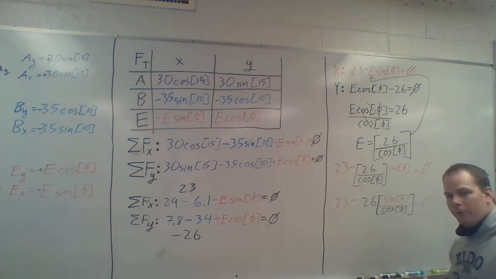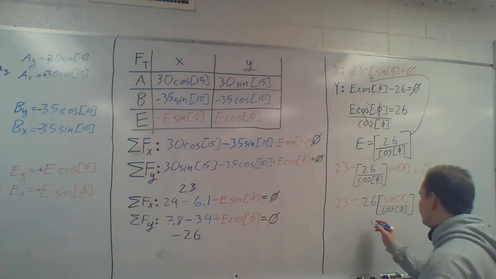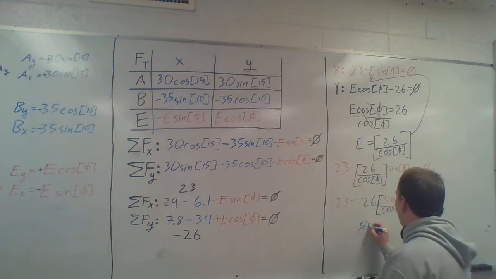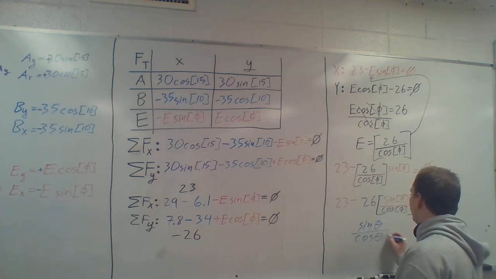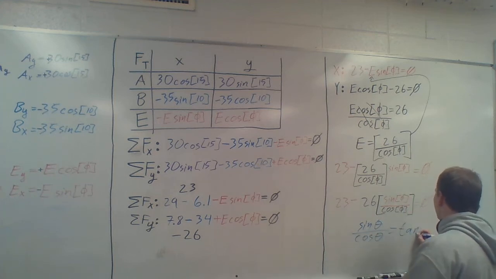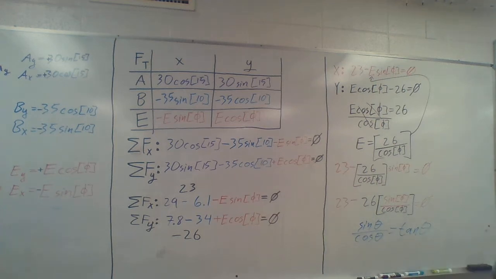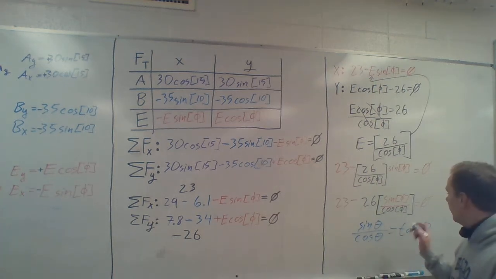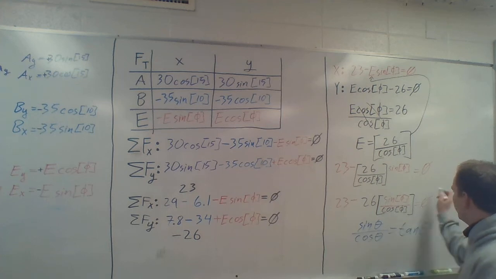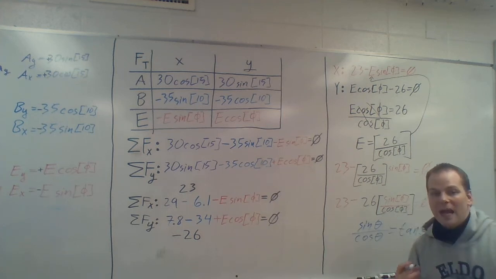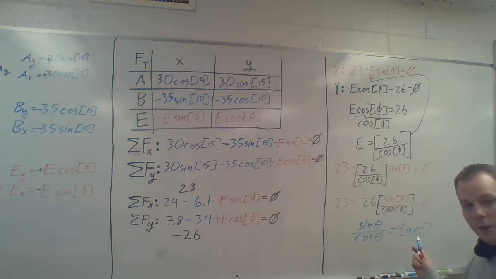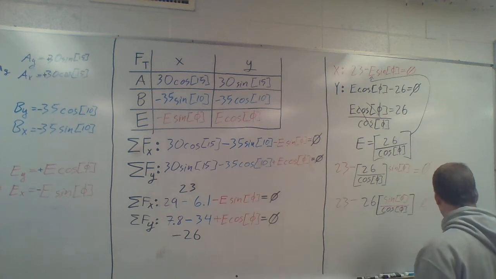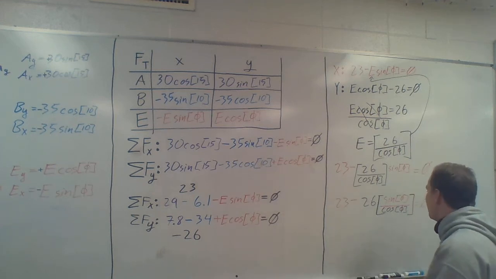You might remember when we first talked about trig, I told you that the sine of theta divided by the cosine of theta is equal to the tangent of theta. At this time, we cannot solve this equation because we still have two phis. We have to consolidate them. In order to do that, we have to use this. So this becomes, in our one last step,